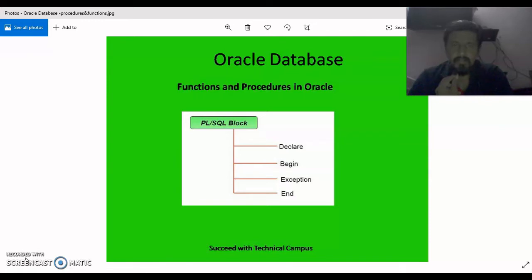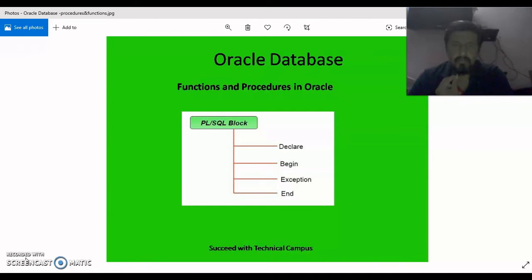The advantage of PLSQL is that if you want to have some changes in the database later on, or if we are performing some operations on the database on a daily basis, then instead of remembering those small tasks, we can write a small program, store it in the database, and on requirement we can call back those programs by their name.